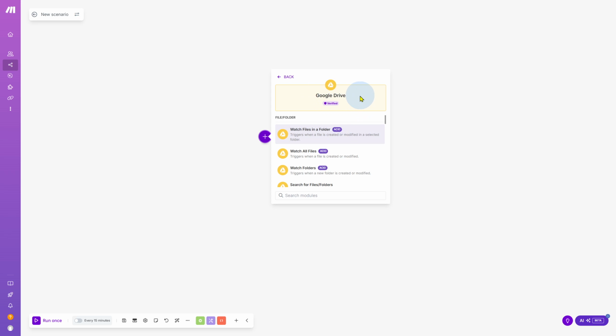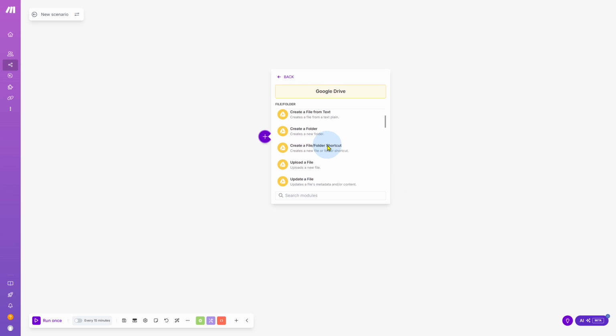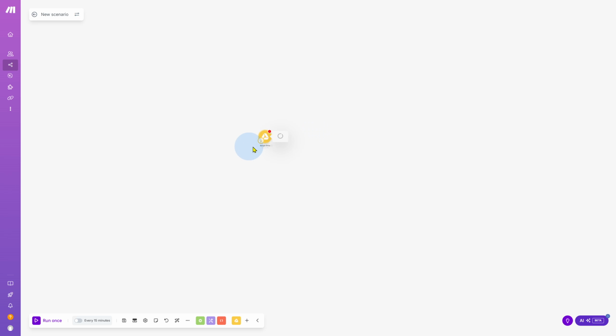And you can see we have Google Drive over here. To add this, you can simply choose a different function, you can see we have many of these functions. So let's say I wanted to download a file. You can see the node is added, and now to create a connection you simply need to click on